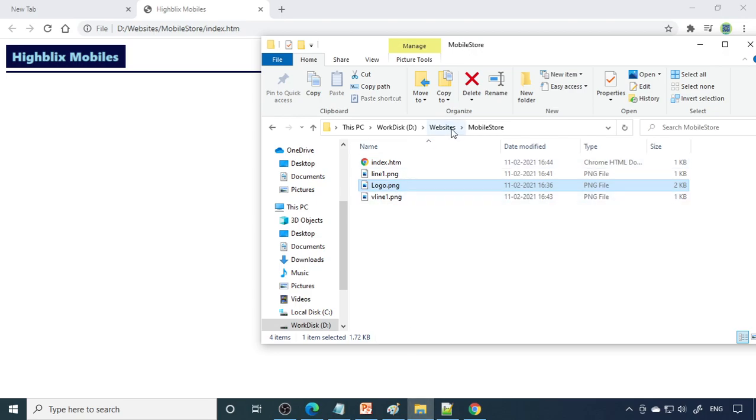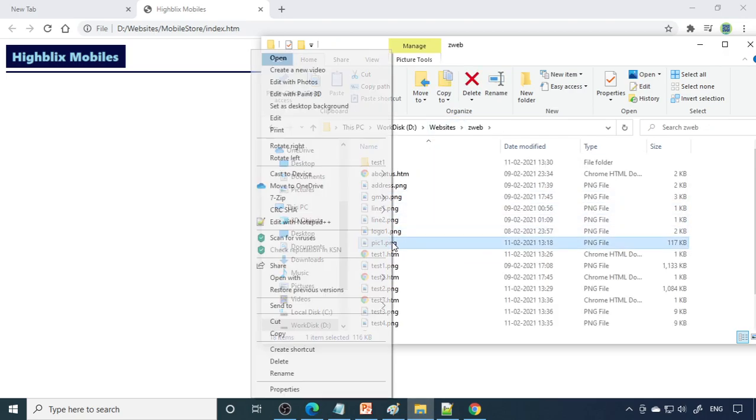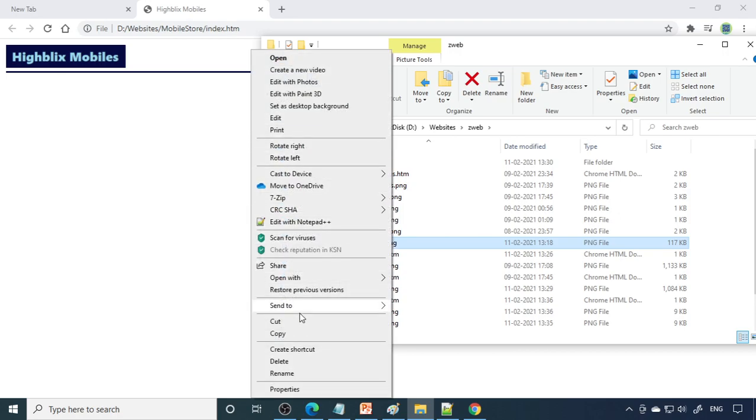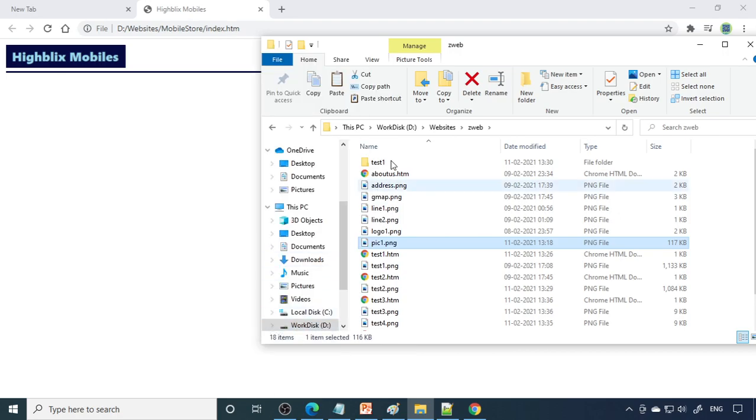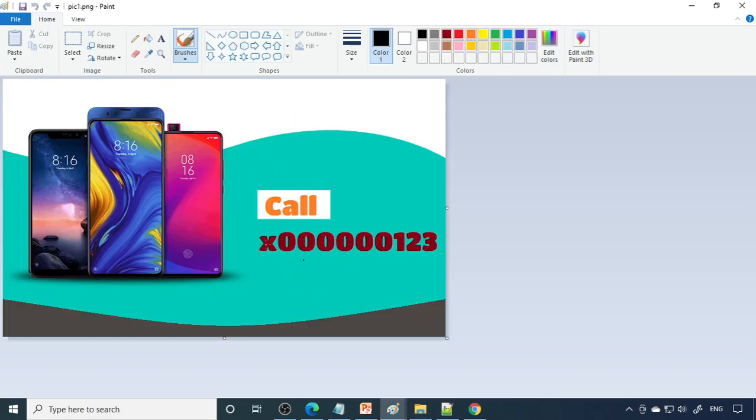So here we'll put some picture. We already have one picture, a mobile phone picture. That one only I'll take from the other folder. So this is pic1. I'll copy from that, which is already copied, and bring it to this folder. If I go to edit, I'll see what this picture is. So this is the picture.